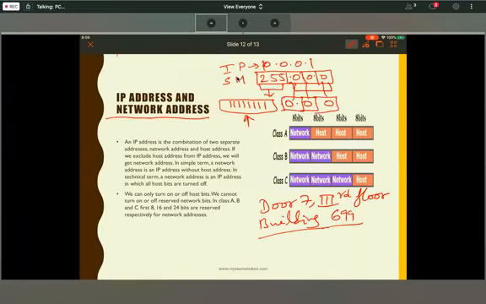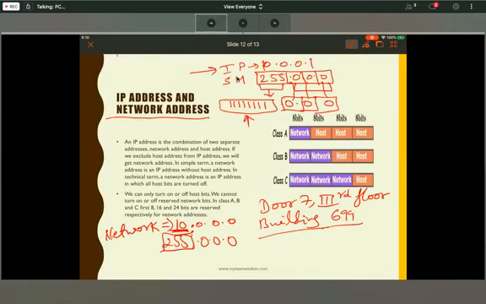So this is the IP address 10.0.0.1. If I remove the host part, or make the host part 0, it will show you the network ID. So what will be the network ID? 10 is the network ID.